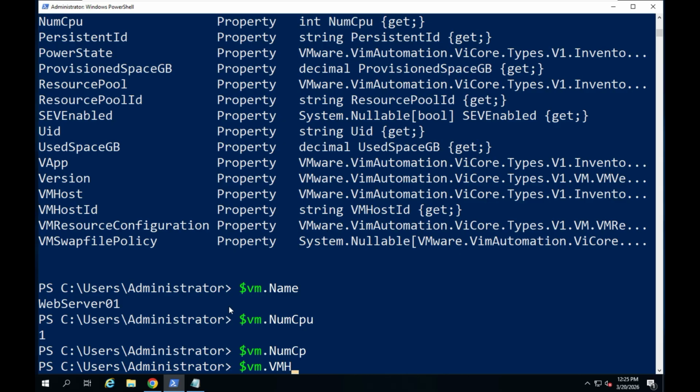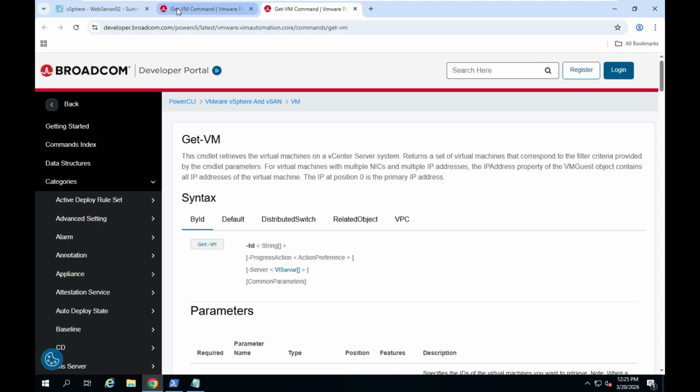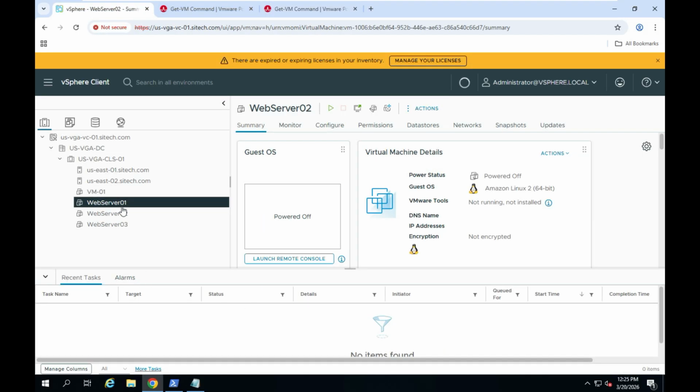VMHost. And you can see here us-east-1, this is connected, power on. So this virtual machine is running on this ESXi host. If you want to verify, we can go to that virtual machine, web server 1,